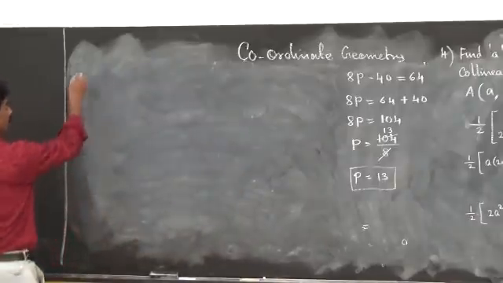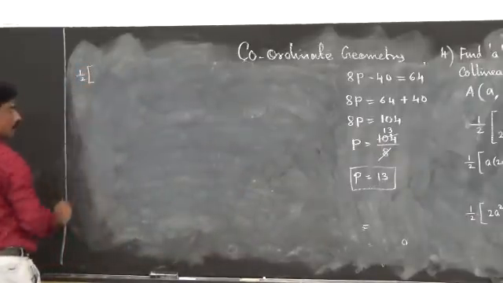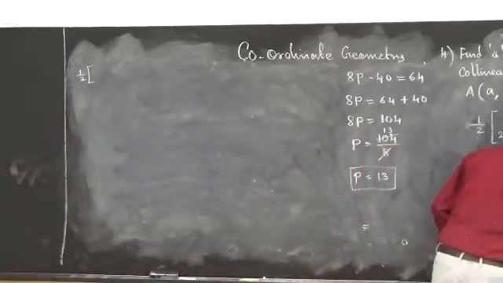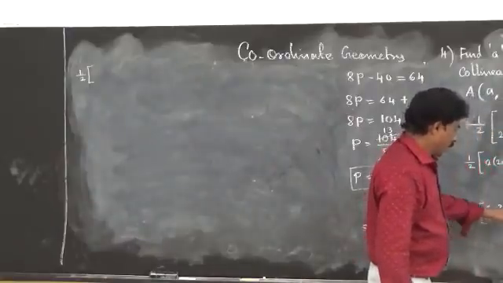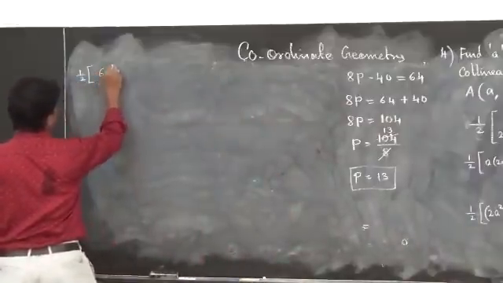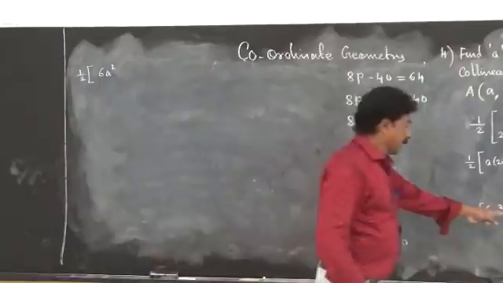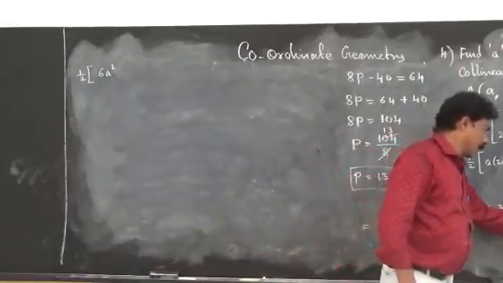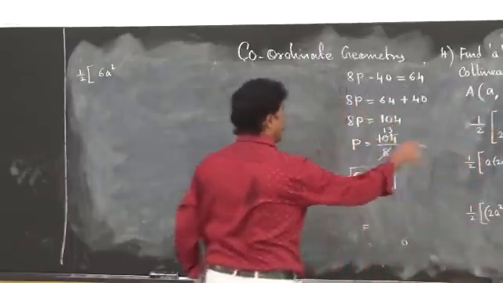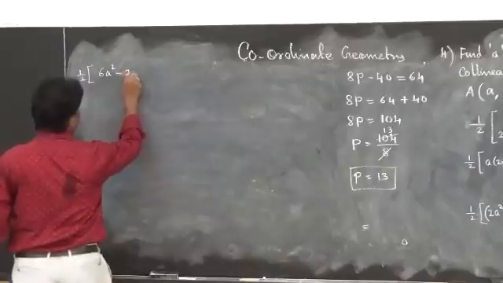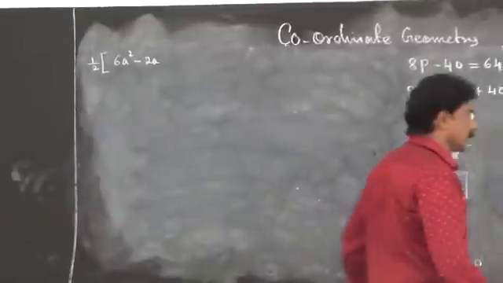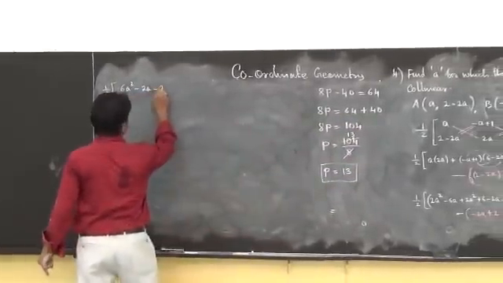From there, if you look, 1 by 2, this is one bracket. Here if we simplify, 2a square plus 2a square plus 2a square becomes 6a square. Minus 6a, here minus 2a, minus 8a, here minus 10a plus 8a. So minus 10a plus 8a becomes minus 2a. 6, only 6 minus 8, so minus 2. So the first bracket I simplified.